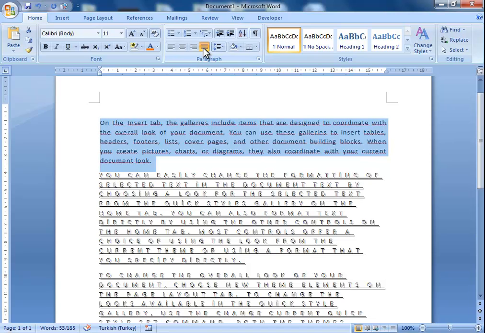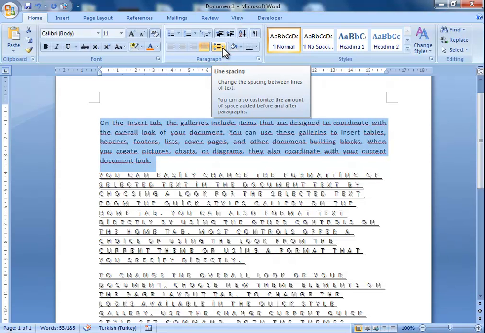Or you may want it to be justified. Justified, as you can see, spreads the text both on the left and the right so that the words are evenly distributed. This is the way we normally write in more formal documents so that the end result looks more appealing and more presentable. Let's say that you are producing this document for your communication teacher or for someone to